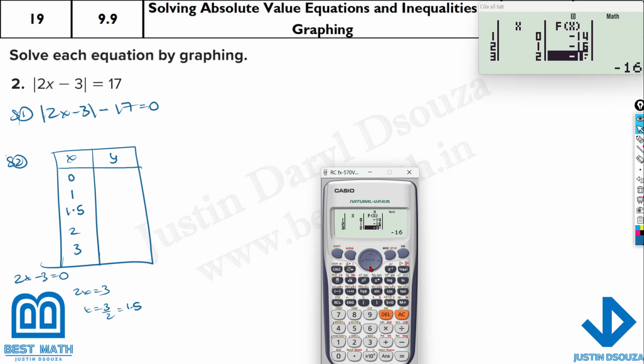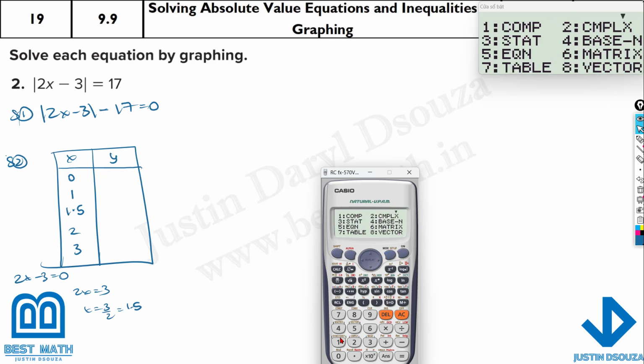But we are still missing 1.5, isn't it? What you can do over here is, you can either go back again for this equation and start at say 1, end it at 2, and you can give a step of 0.5, you will get it. Or you can start at 0 and 3 with the step of 0.5, you will have 1.5 as well. But okay, if you're not able to do it, you want to keep the step 1 itself, just go out of this